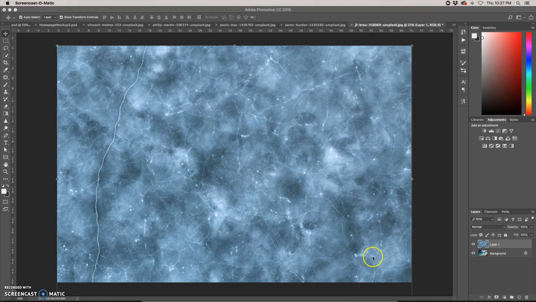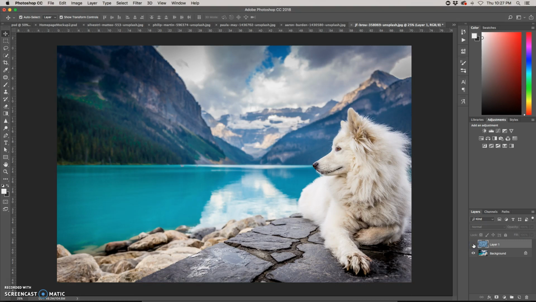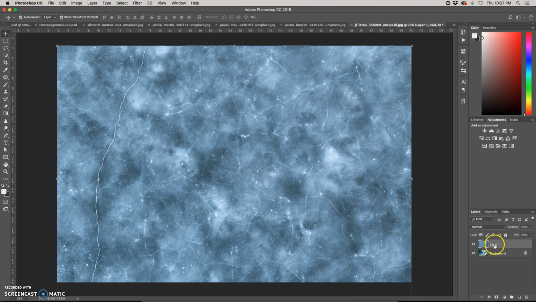So I have an image. It's almost like lightning. I don't even honestly know what it is, but it's kind of a cool texture. And then I have this image underneath on the layer below. So what I want to do is make blending modes on the top layer, that's the texture, showing through the